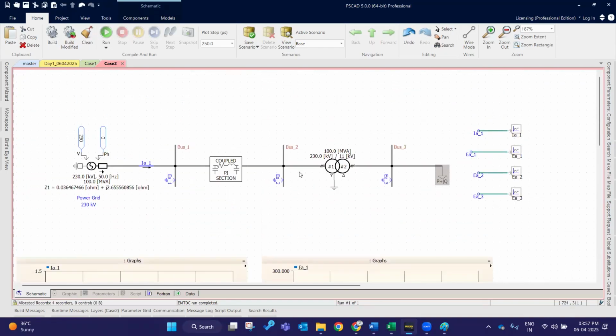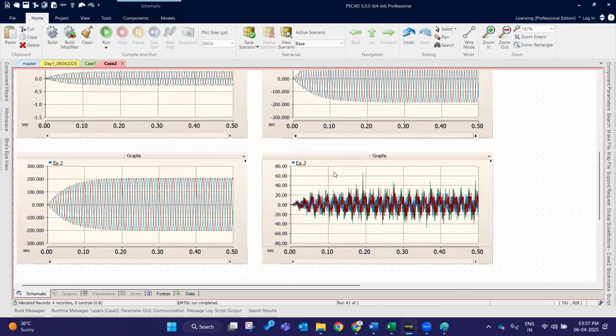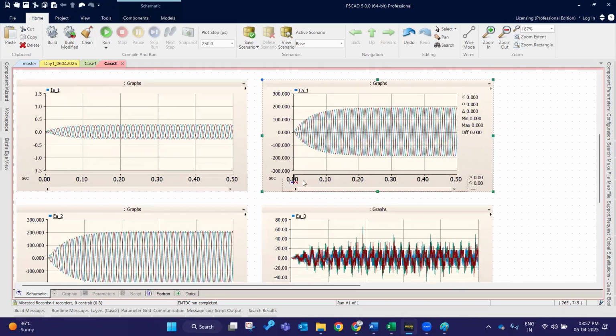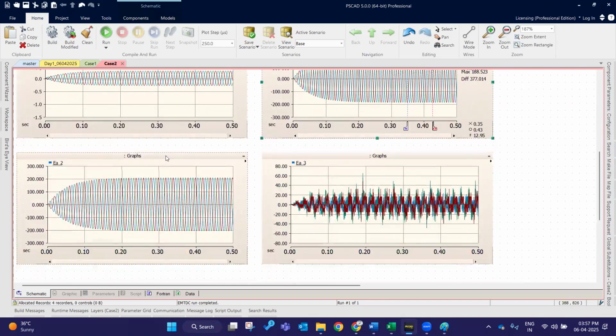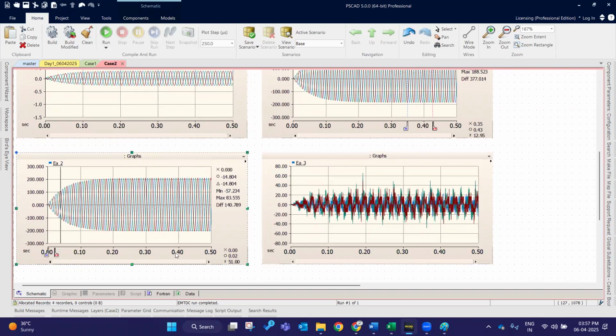Including the transformer is not working here. Let me check then EA1 and EA2. As I mentioned before, it is showing the per phase value. EA1 is the sending end, whereas the receiving end measures